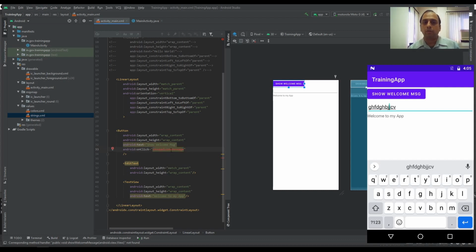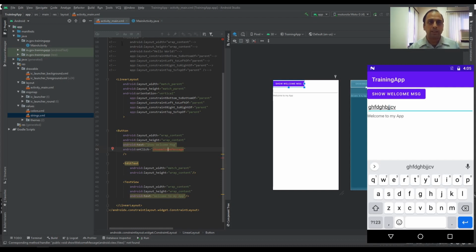But right now we don't have any function which is named showWelcomeMessage. So that is why it is shown as red. And when you hover the mouse on this particular text, it will say corresponding method handler is not found because we have not created any function.